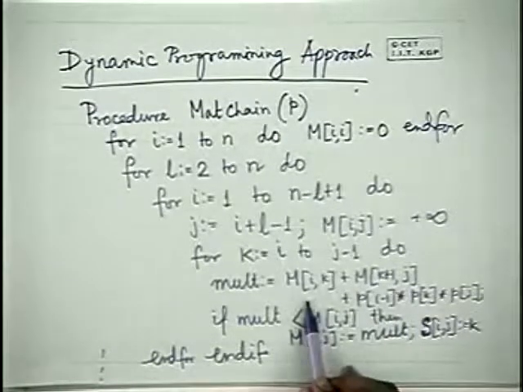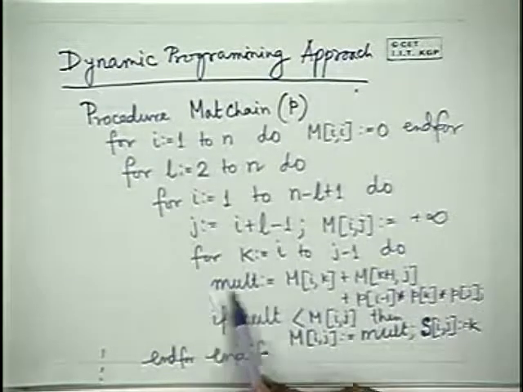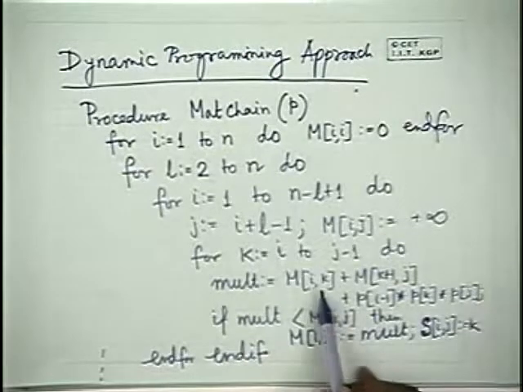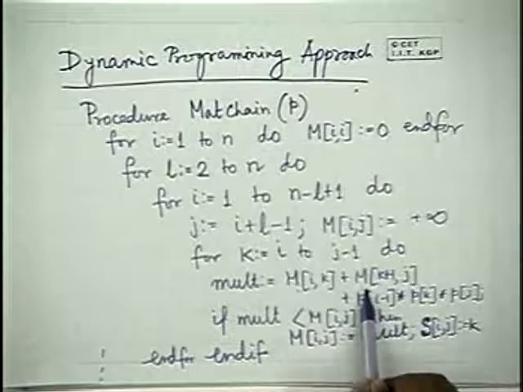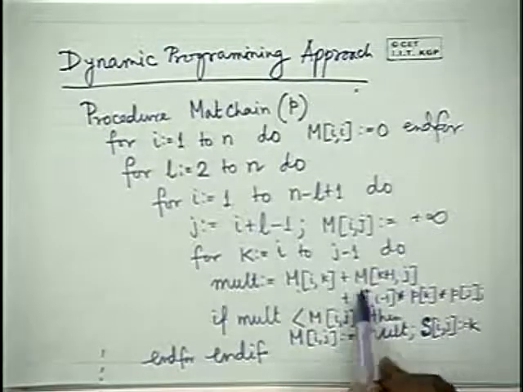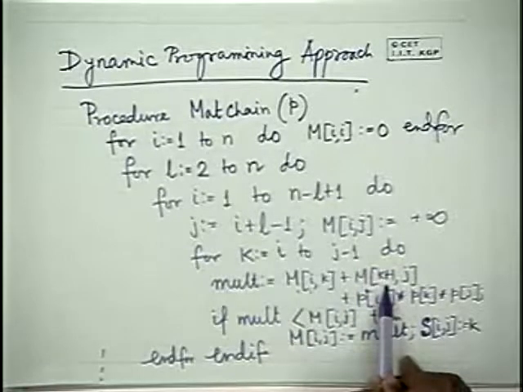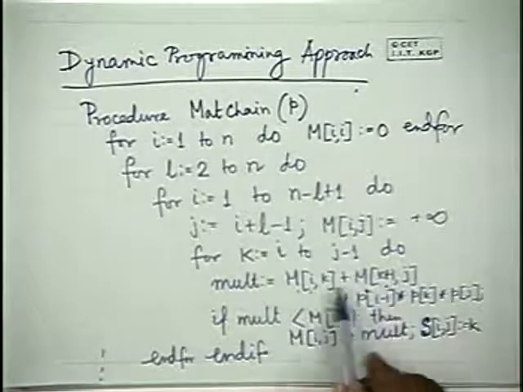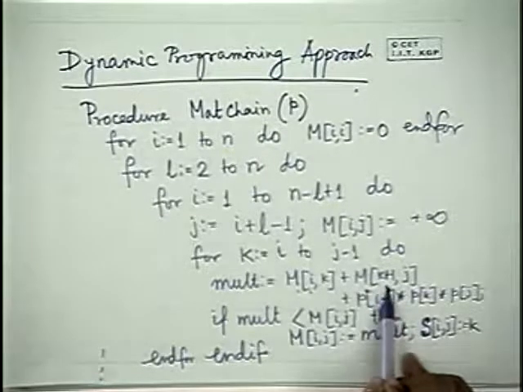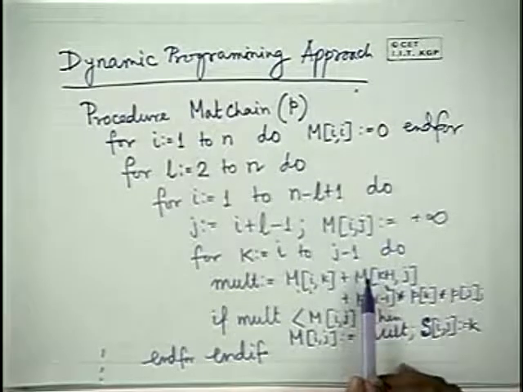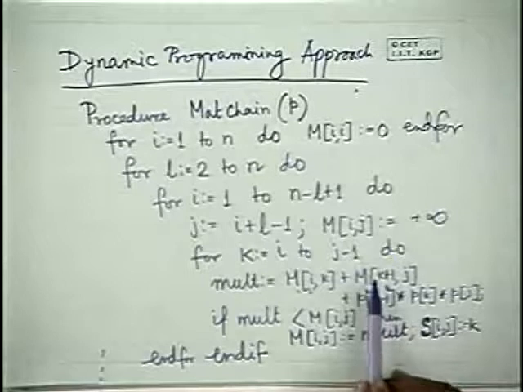You see the major change here. Previously this step was there. This is the crux. But this time it's not a recursive call anymore. M is a two-dimensional array. It's not giving any call. It's using these values. You kept these values at some point of time when you were calculating it, and then you are using it again and again. And that's changing everything. That is changing the entire complexity.